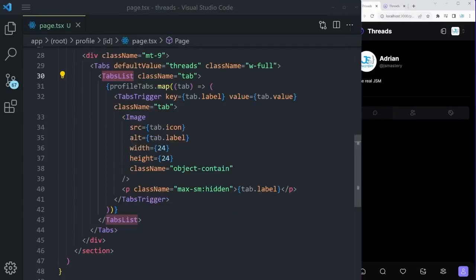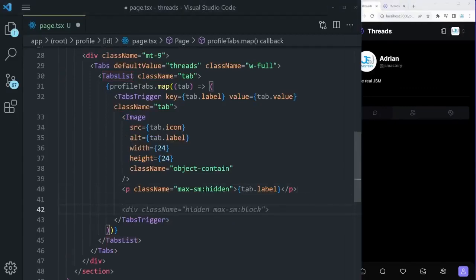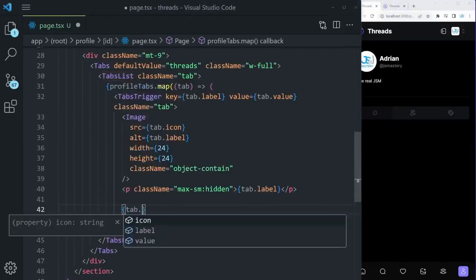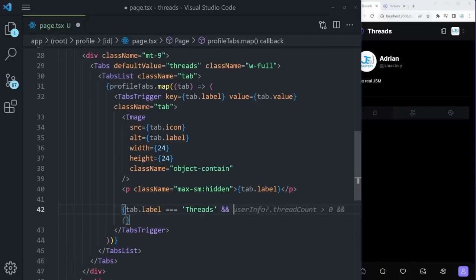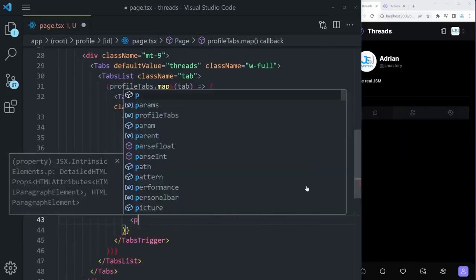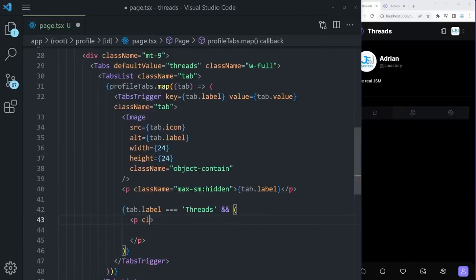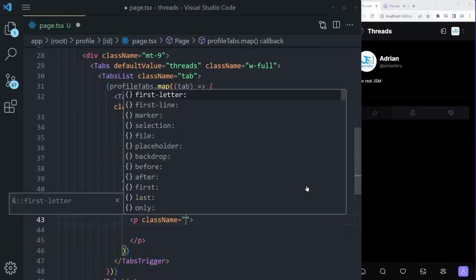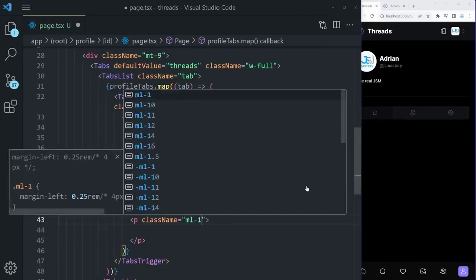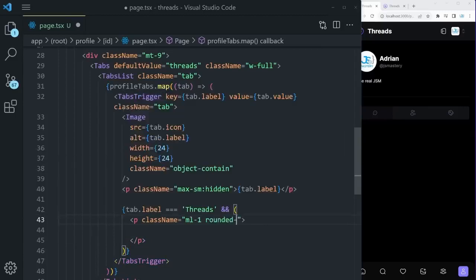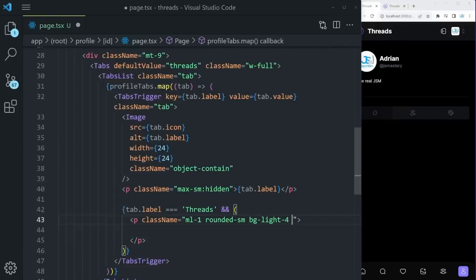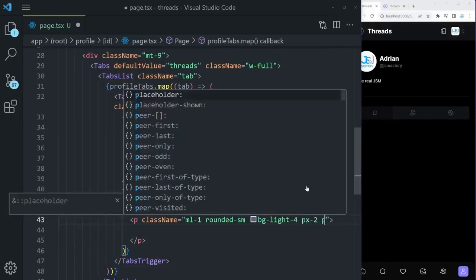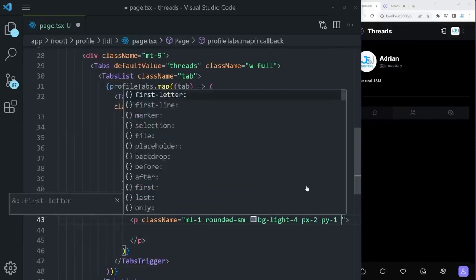So that's going to be right below the p tag, where we can say if tab.label is triple equal to threads with a capital T, then and only then render a p tag that's going to have a class name equal to margin left 1 to divide it from the left side, rounded-sm, bg-light-4, padding x of 2, padding y of 1,